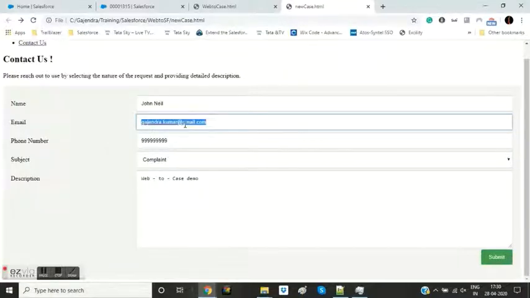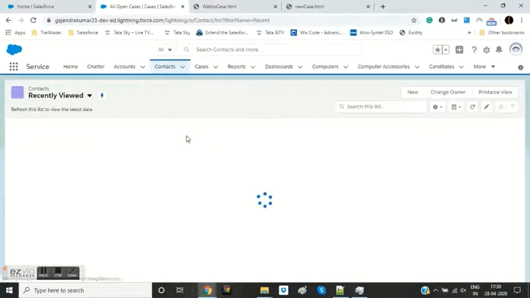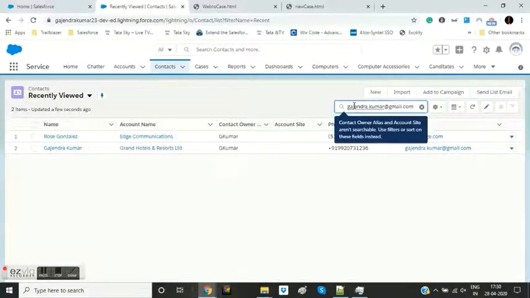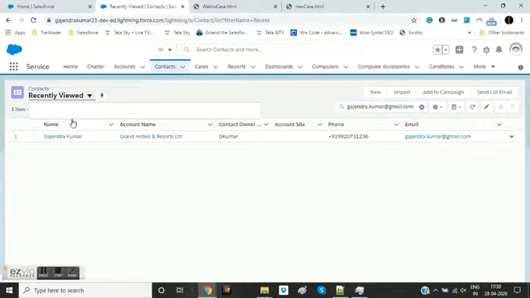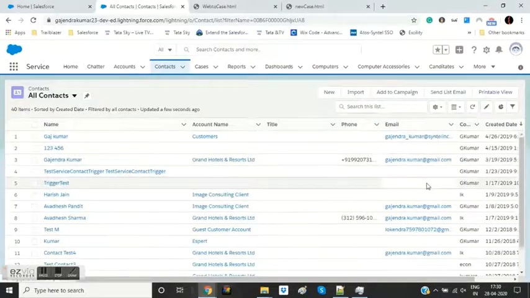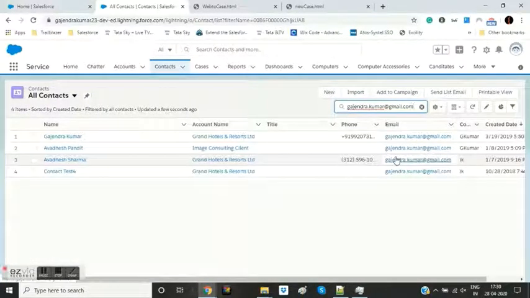If I search in my application to see how many contacts there are with this email address, let me go to all contacts. I can see there are multiple contacts with this email address. That is the reason Salesforce could not find a single unique contact having this email address. Hence, it did not associate that case with any particular contact or account.